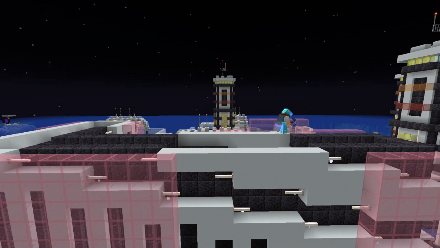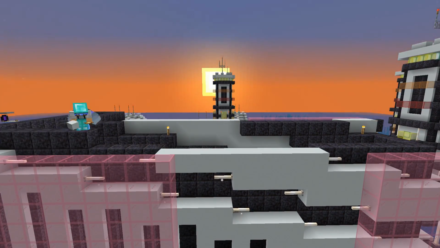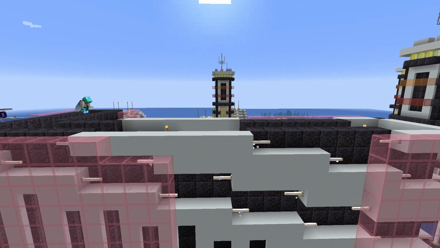So it's going to be similar to the blue one we did with these diagonal lines, but in this case we're going to have some pink glass on the outside. I think that'd be quite cool to have